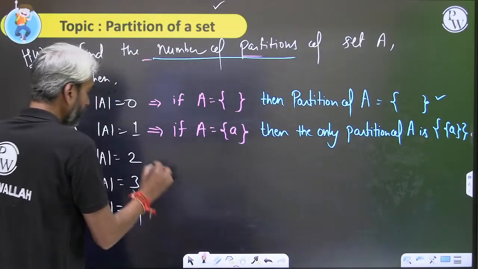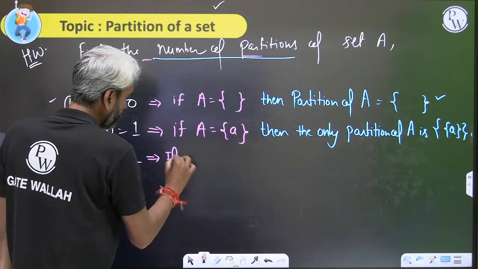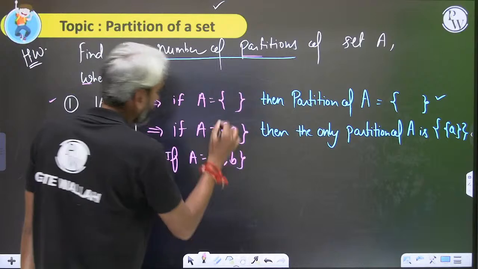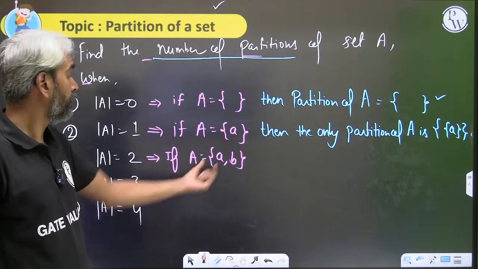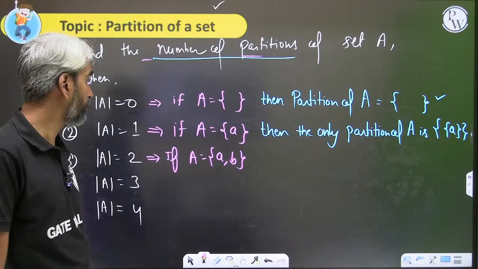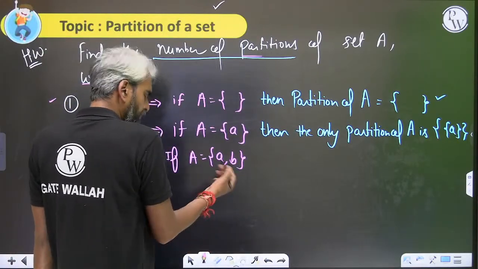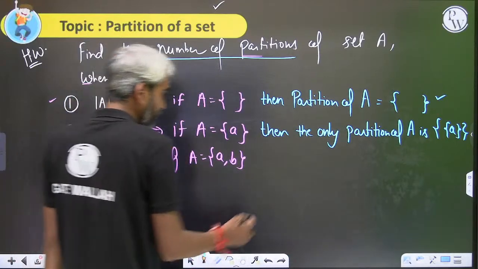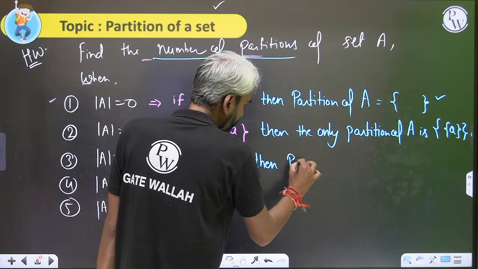Sir, if I take the set A as a set of cardinality 2, let's assume A equals {a, b}, then what are the non-empty subsets of set A? Sir, one subset will be {a}, one subset will be {b}, and one subset will be {a, b}. So let's look at this very clearly. Please try to understand. Then the partitions of A are